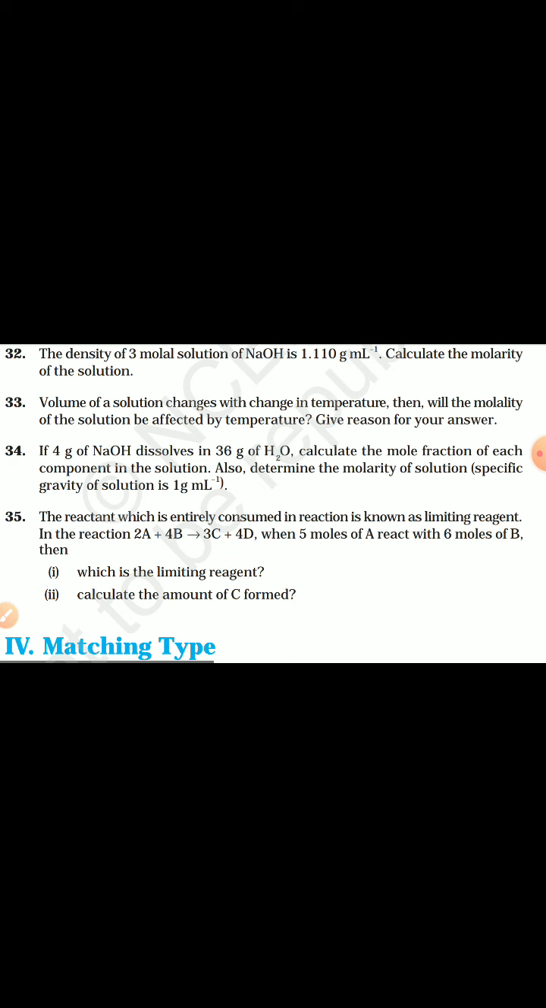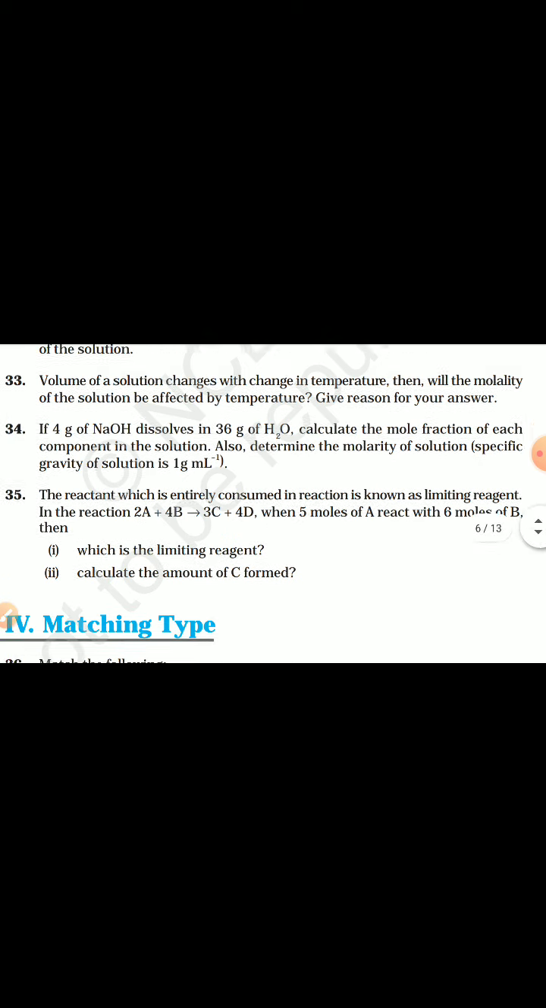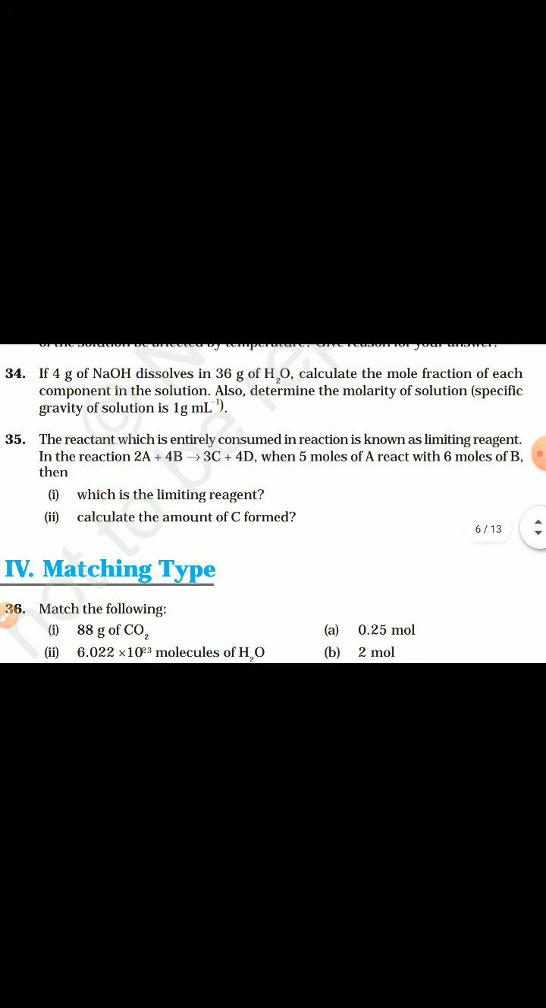Then see question number 34. If 4 grams of NaOH is dissolved in 36 grams of H2O, calculate the mole fraction of each of the components in the solution. Also determine the molarity of the solution. The specific gravity is 1 gram per liter. Okay, here the things which are given to you are the mass of the NaOH, that is